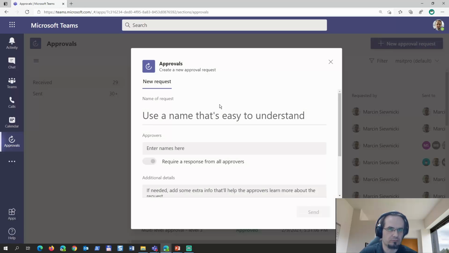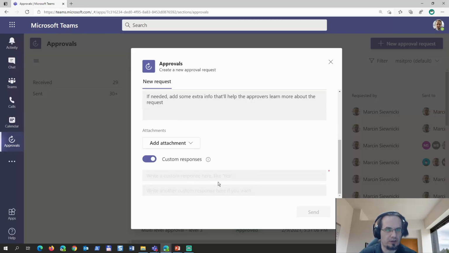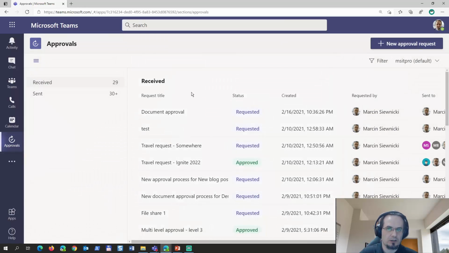It's very easy. Only some title, maybe description, and assign approver, one or multiple approvers. And I can add an attachment and decide if I want to use custom responses or default. Default are approve, reject. Custom, I can type yes, no, or whatever I want, but only two custom response options. If I go to this one, requested,